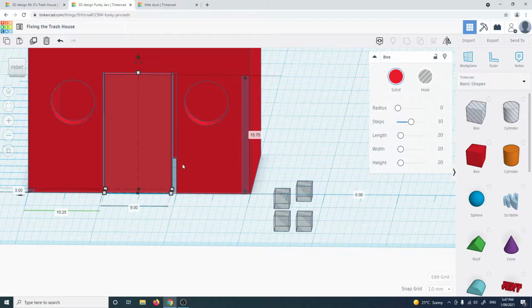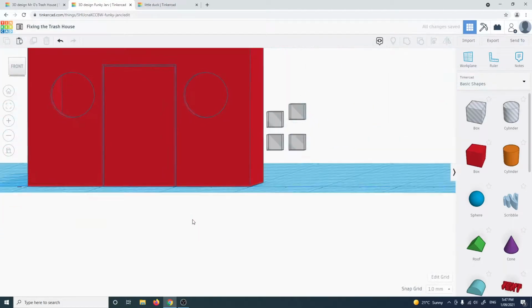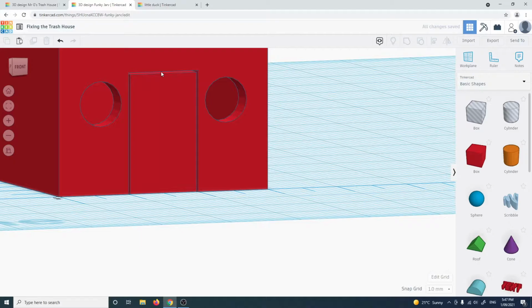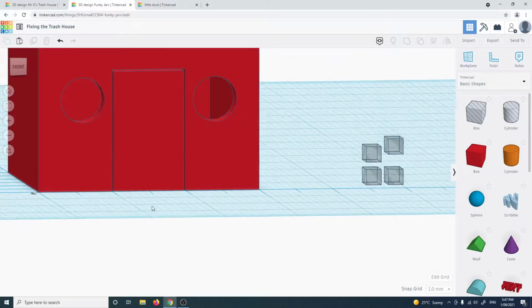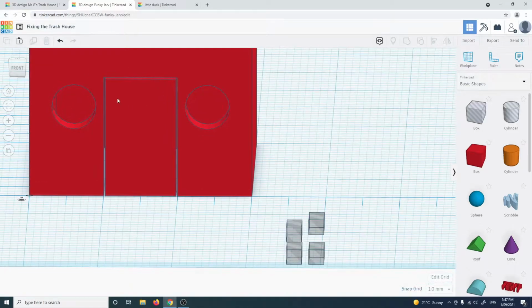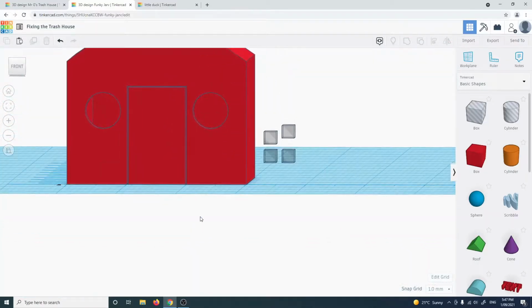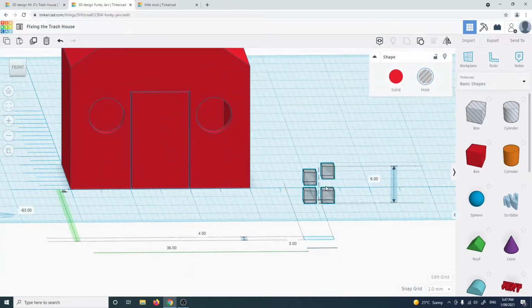Right, and now we've got a big old gap over here. Right, let's change that to 9.5. That should close up that gap. All right, so now that is a door that will actually work. It'll fit in that gap, but it won't be so loose that it looks silly, but also won't be so tight that you can't get it in and out. All right, so there's our door. And now let's fix these window panes. So clicking on the window panes,